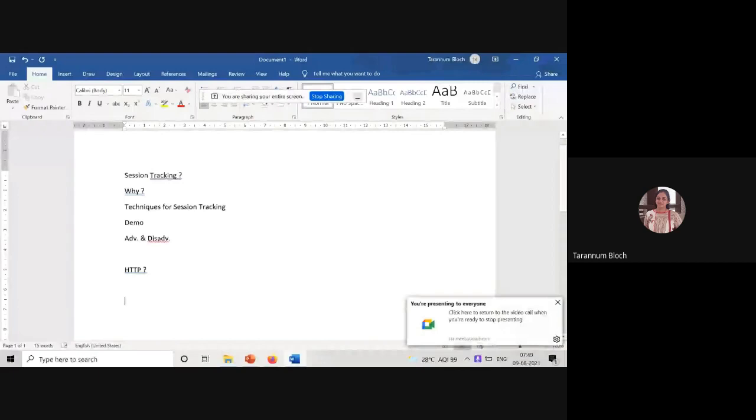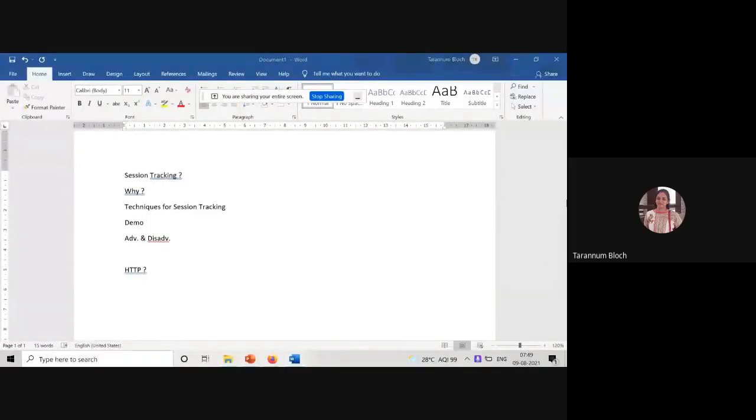What is state of user? Anyone having idea what is state of user? When I say HTTP is stateless, what does it mean? How it affects the web development? Now we are very well clear with the point that when we are having any web application, a very simple scenario is that a user or a client will send a request, right? And that request will traverse through the network, and through network, it will go to the server. Fine.